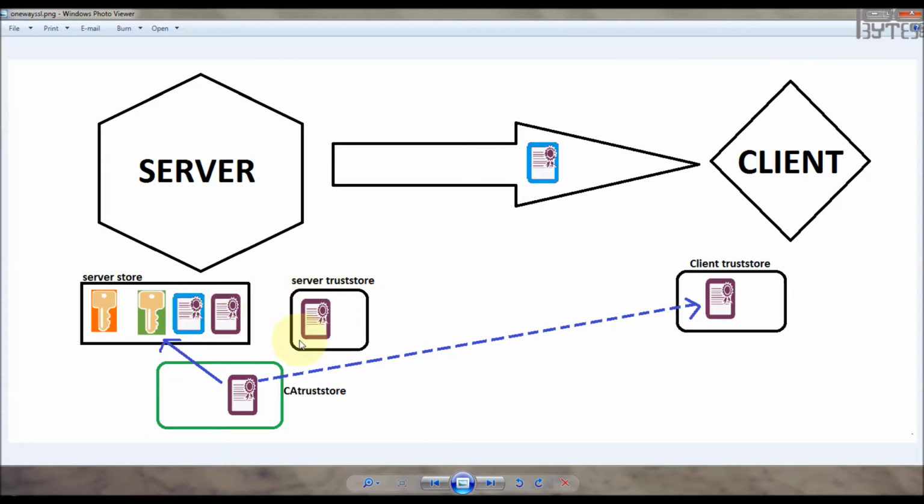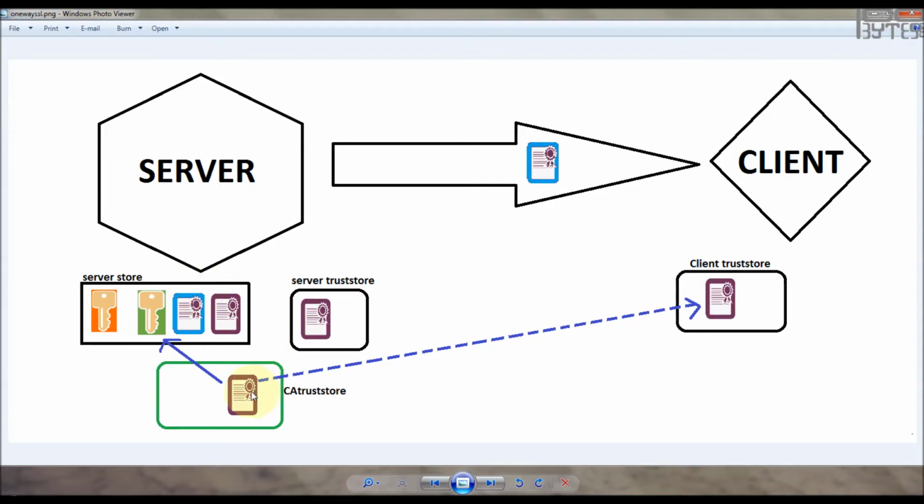And this is the server trust store, which the server trusts, and in this store we should have the CA trust certificate. This is the server store, which the server uses as a key, as an identity store.